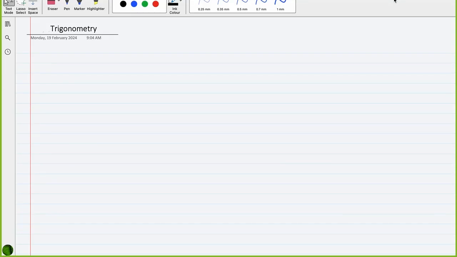We have a few identities which we'll be using in trigonometry. Let's start with some. Number one is tan theta is equal to sine theta over cos theta. Number two is sine square theta plus cos square theta is equal to 1. We have been using these in AS also,